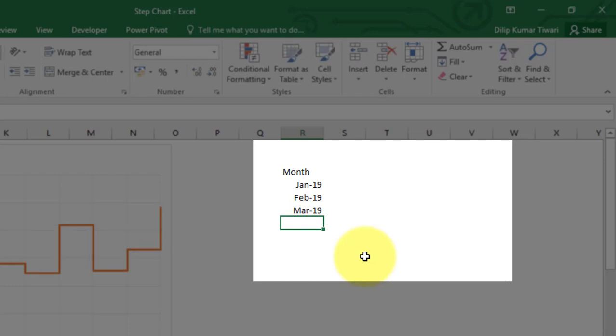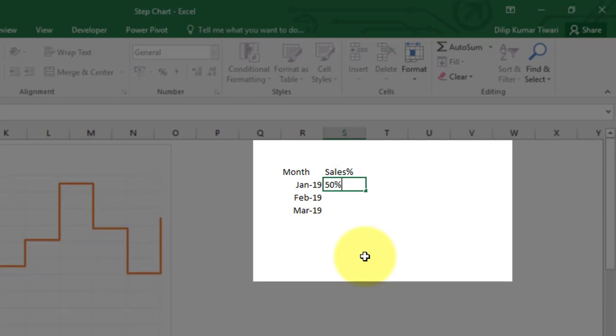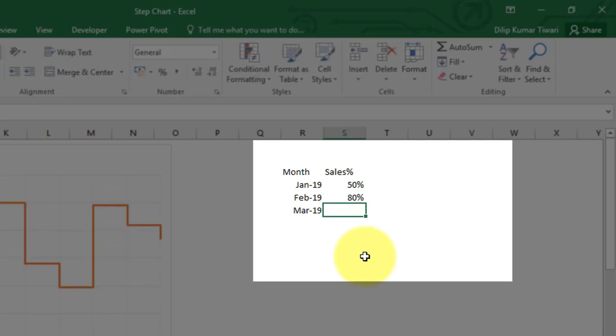So we are considering 3 months of data to understand the logic of how we can create this chart, okay. So let's create sales performance, right? And suppose 50% is Jan and 80% is February, and again it becomes 60% for